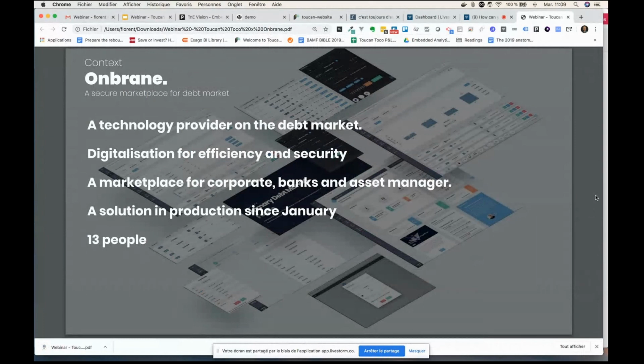We create marketplaces and software on this market. We started this project 2 years ago with a meeting with a big company, LVMH, and they started to speak to us about how they borrow money each day, because as you know, all companies need money and start to borrow money on the market. So we started to think about how we can help this market to have more efficiency